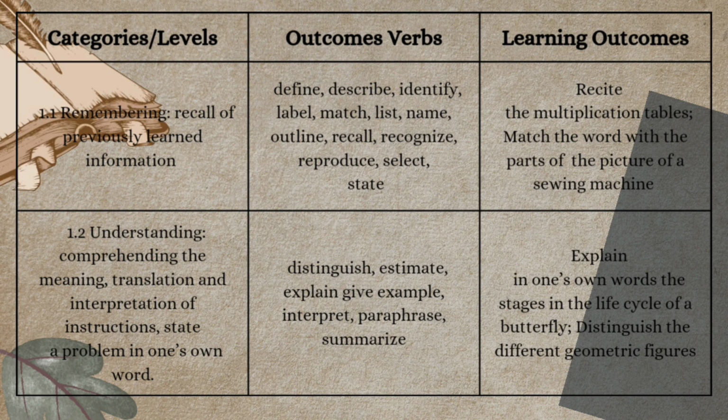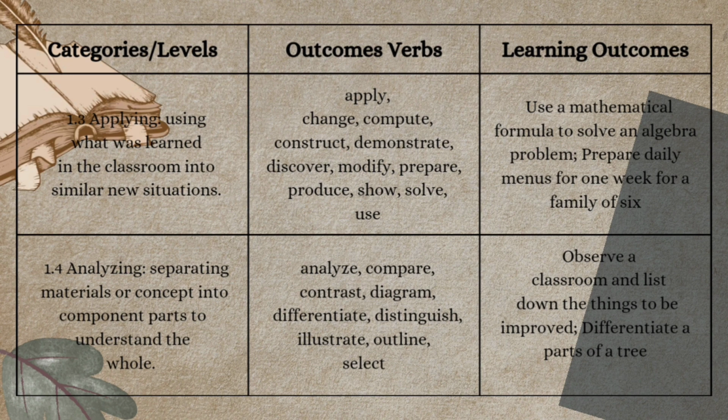In learning outcomes, you can use, for example, explain in one's own words the stages in the life cycle of a butterfly, or distinguish the different geometric figures. Those are the examples. Next will be the third level, which is applying. Applying is using what was learned in the classroom in a similar new situation. So this is the application part. The outcome verbs will be apply, change, compute, construct, demonstrate, discover, modify, prepare, produce, show, solve, or use. An example is use a mathematical formula to solve an algebra problem,